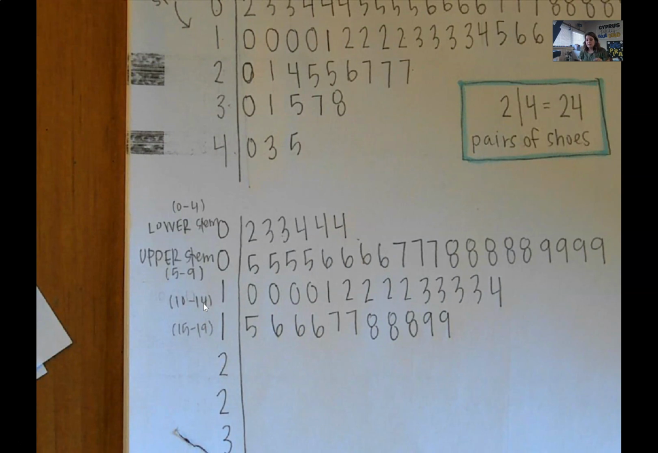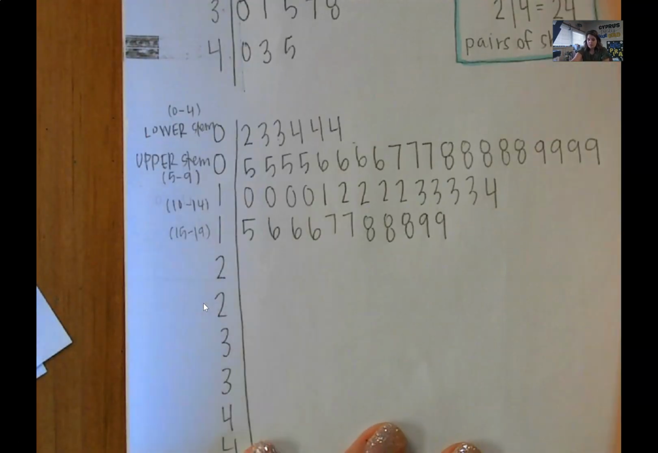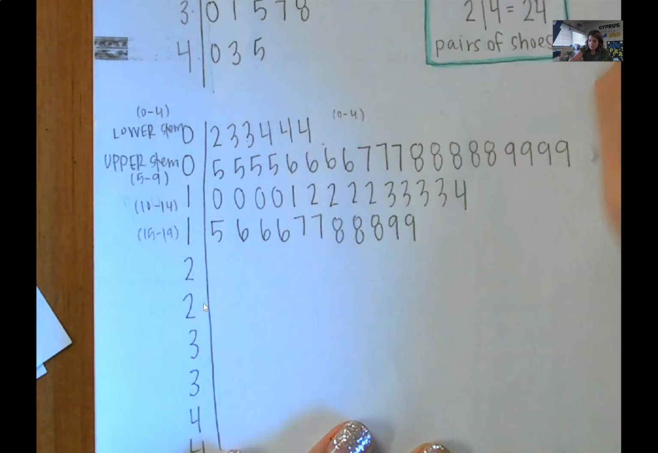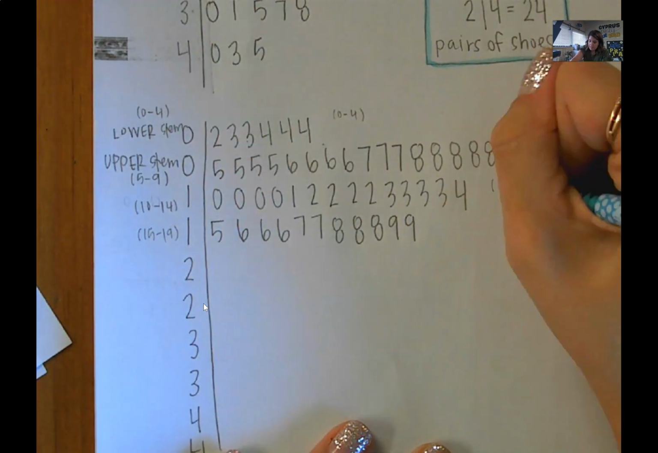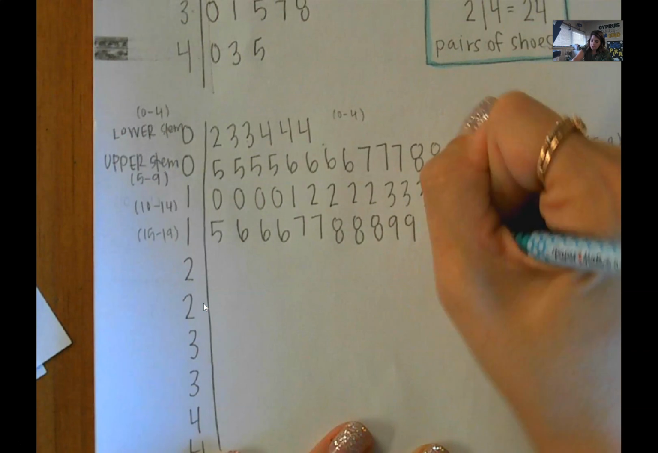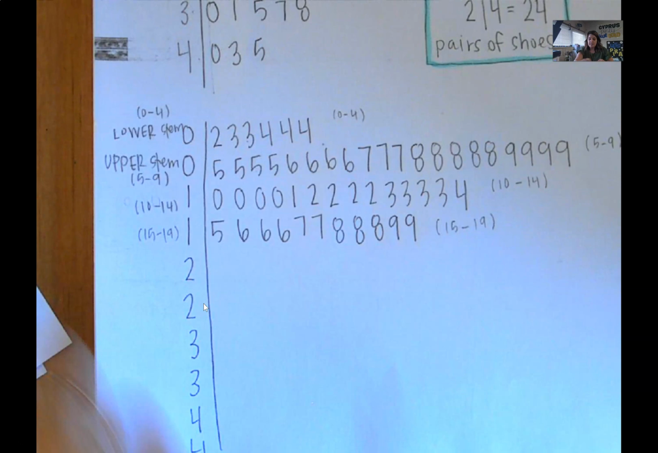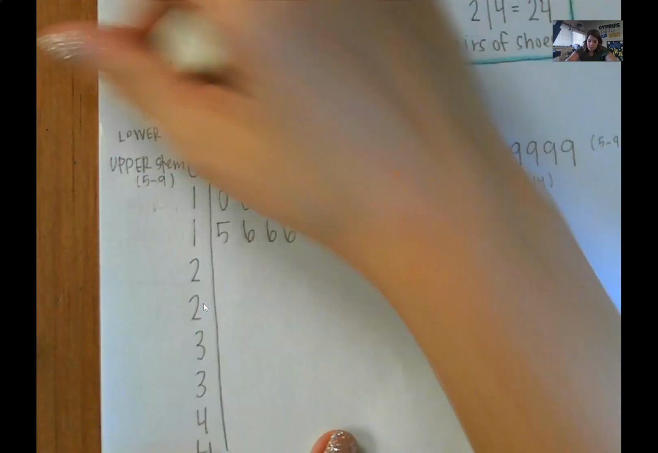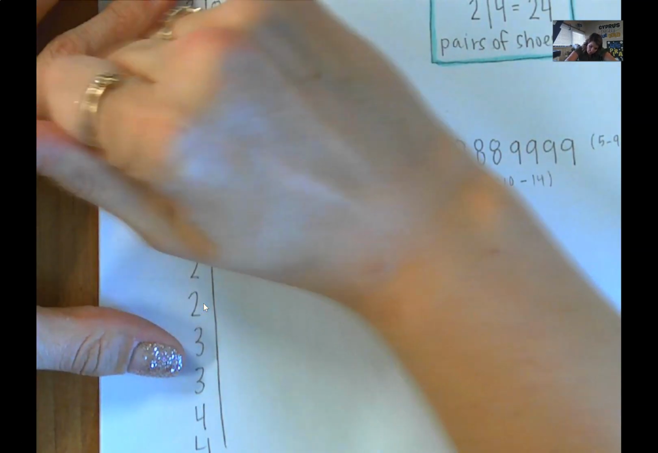So now see if you can determine what you should do to finish out this plot. So remember, this one was 0 through 4. This one 5 through 9. This one is 10 through 14. This one is 15 through 19. So hopefully you're recognizing that the first two, the lower two, is going to be 20 through 24, and the upper two is going to be